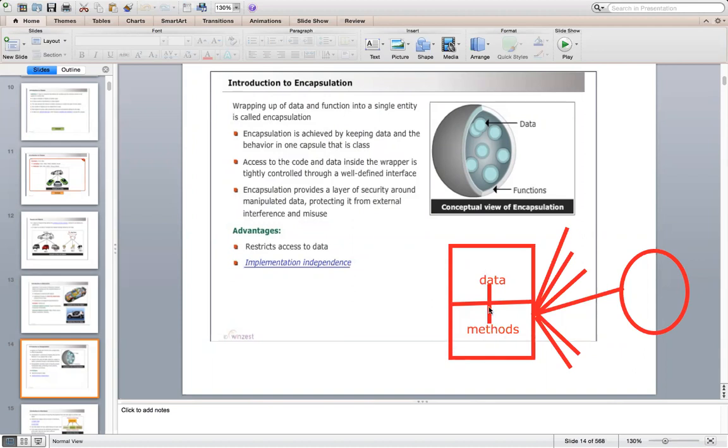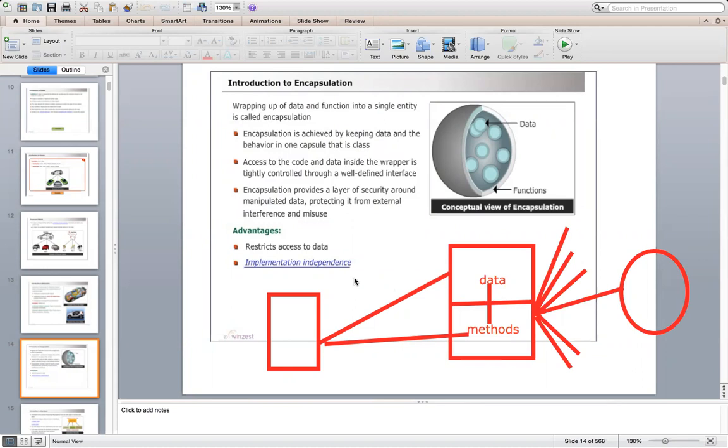That's what wrapping, or combining, or tying together both data and methods means. So what happens is, any other class cannot access your data straight away. It has to come through a proper channel, and that proper channel is methods, because only these methods access this data.